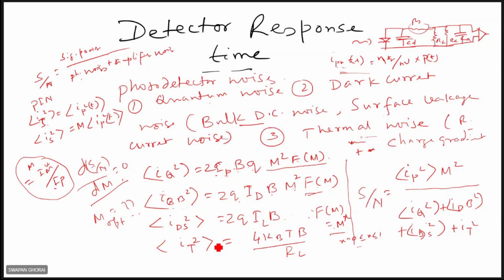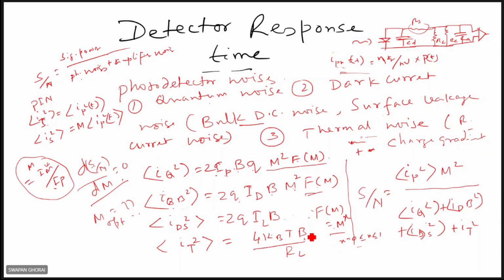So the thermal noise current is inversely proportional to the load resistance RL. That is because of the thermal motion of the carriers. That is the Johnson noise, right? Kb is the Boltzmann's constant, T the temperature, B the photodetector bandwidth. So it is inversely proportional to the load resistance. This noise can be minimized if you increase the load resistance, but still bandwidth will also be a factor,